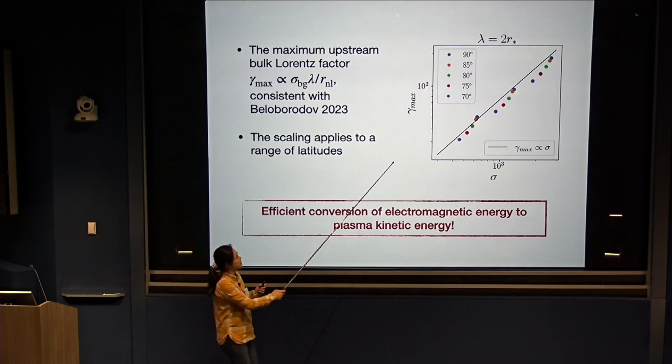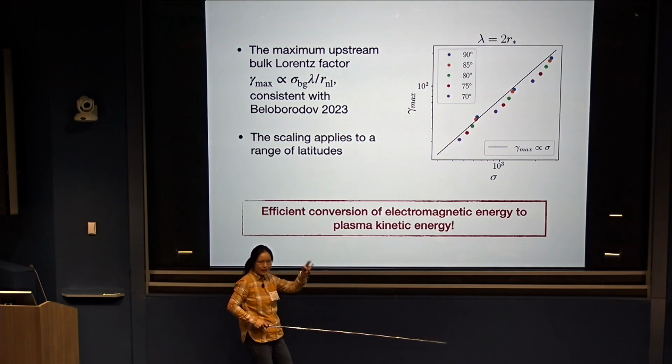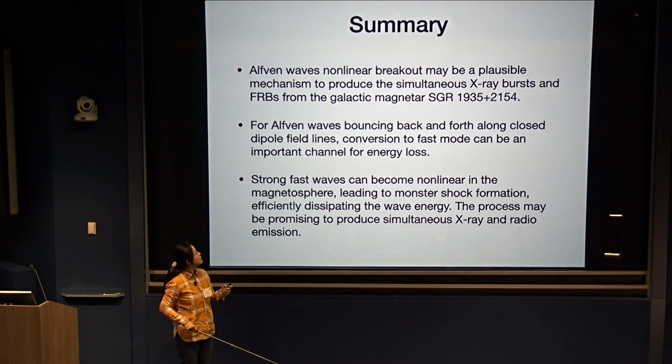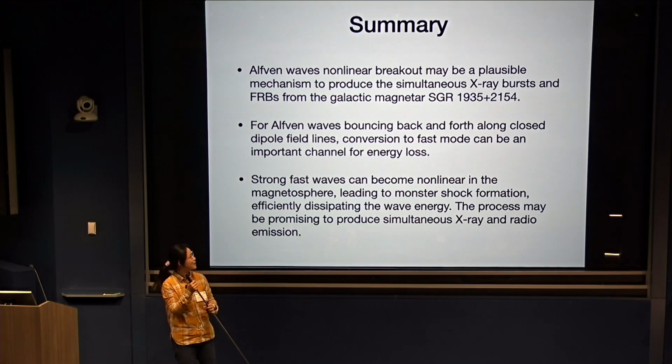So I want to mention that this linear scaling also works for slightly off the equator for the oblique shock as well. OK, so I think I'm running out of time. I will just put my summaries here, and I'm